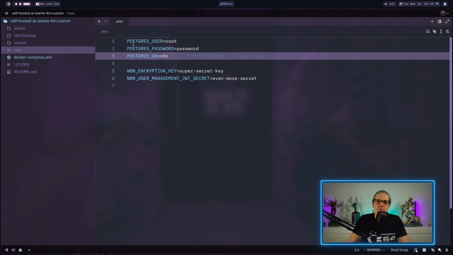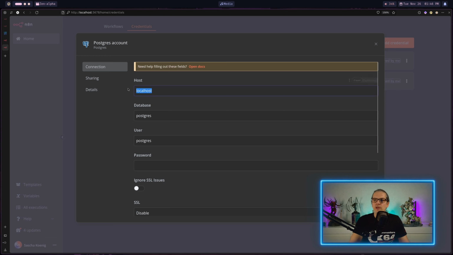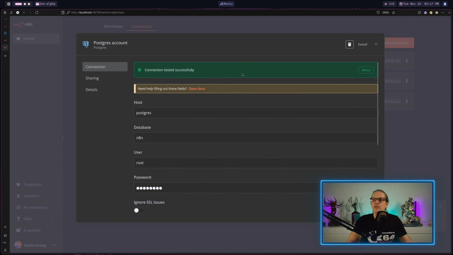that is n8n. And when I head back to the interface, first of all, I need to change the host, and the host will just be the name of the service that is defined in the Docker Compose file. So we just refer to the host as Postgres. For the database, we just use n8n. For the user, we take root, and for the password, we just take password. And then we can just save the credentials, and you can see that the connection to the Postgres server was